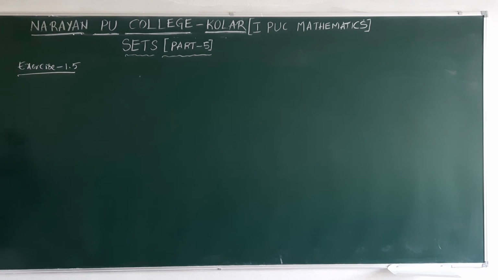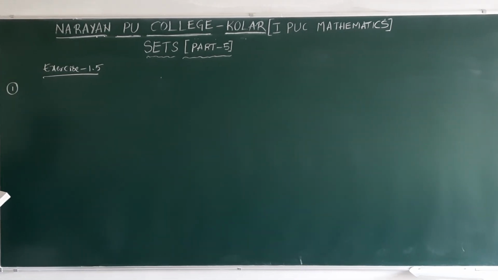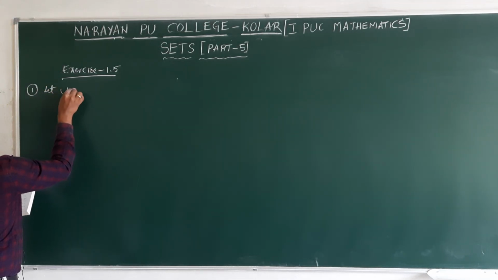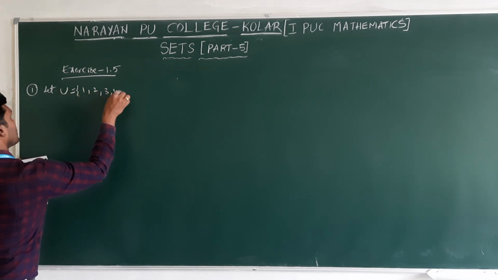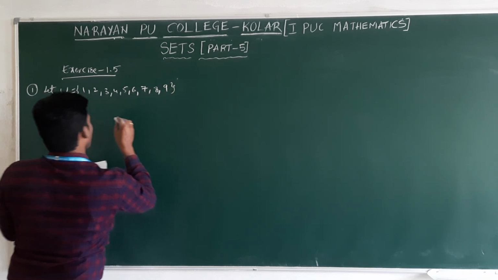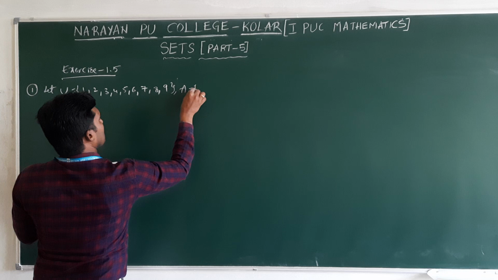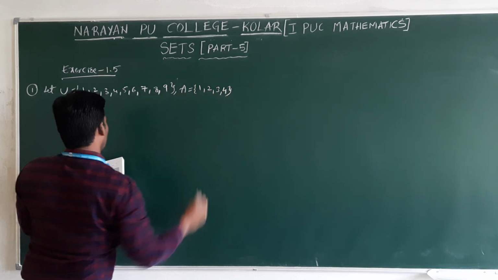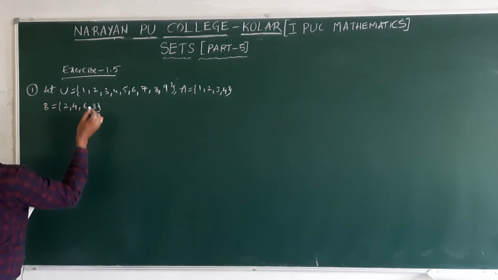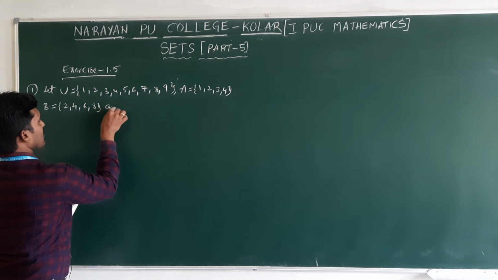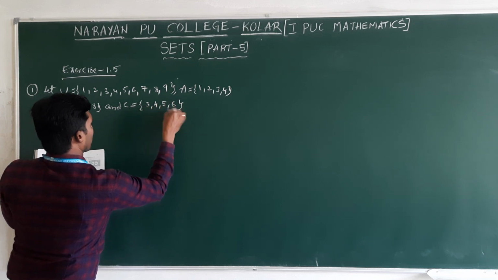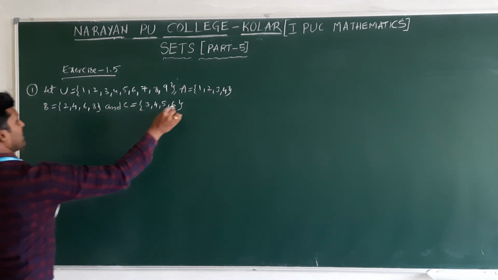Next, exercise 1.5 is only for understanding purpose. Again I am telling, this is a deleted portion. This exercise 1.5 is not there in the syllabus. Let U equal to 1, 2, 3, 4, 5, 6, 7, 8, 9. A equal to 1, 2, 3, 4. B equal to 2, 4, 6, 8, and C equal to 3, 4, 5, 6. We need to find: